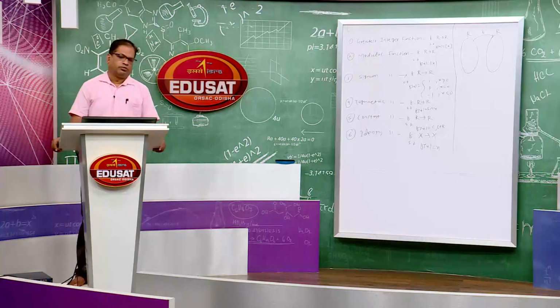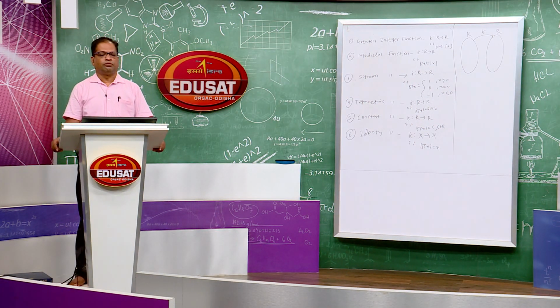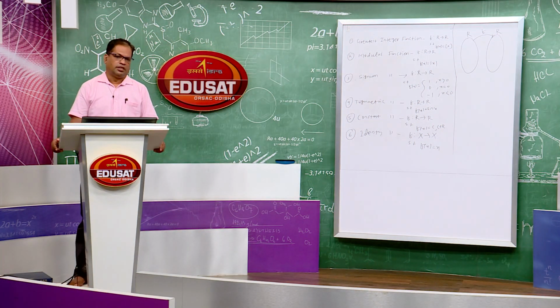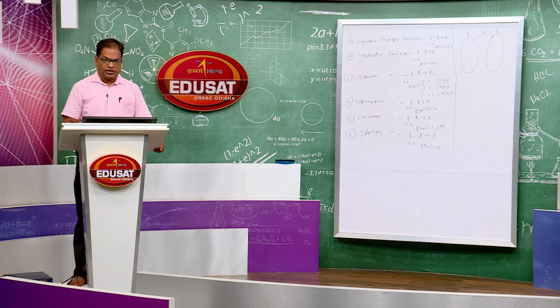That means we restricted R, the set of real numbers, to the set of positive real numbers. The domain is restricted, and the codomain is also restricted to the set of positive real numbers. So, what happens? After restriction the function becomes 1-1 and onto. A function is bijective only when it is 1-1 and onto, and if it is not, we can make it bijective by restricting the domain and codomain. We will continue with some examples again, but not now.